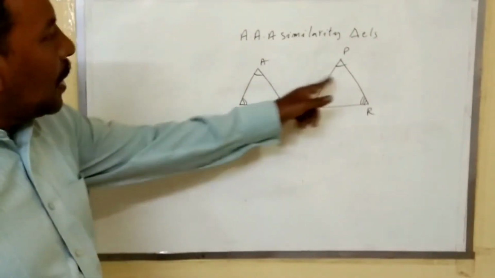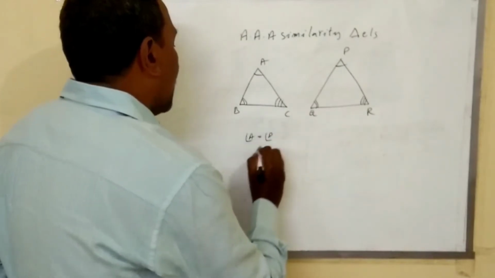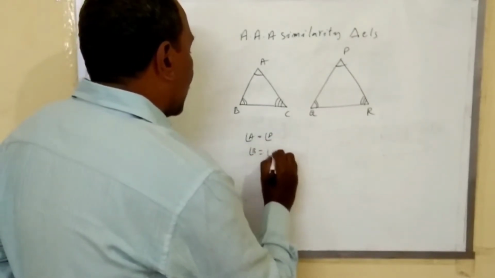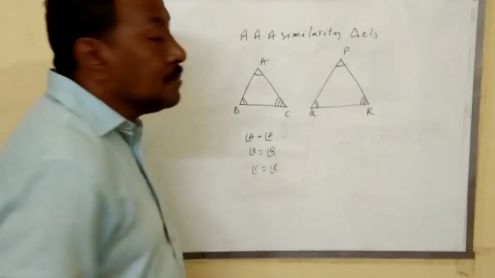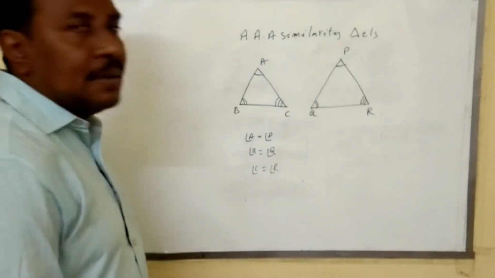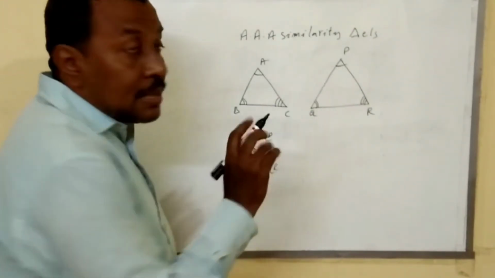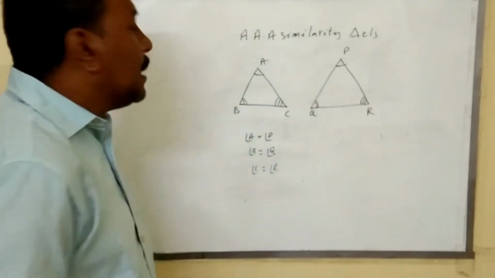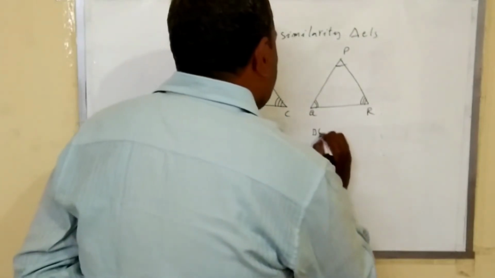Angle A is equal to angle P, angle B is equal to angle Q, angle C is equal to angle R. Then which sides are in proportion? Okay, that's your doubt. So first of all, angle A is equal to angle P. What are the sides opposite to angle A and angle P? Yes, BC and QR. So we can say that BC by QR,